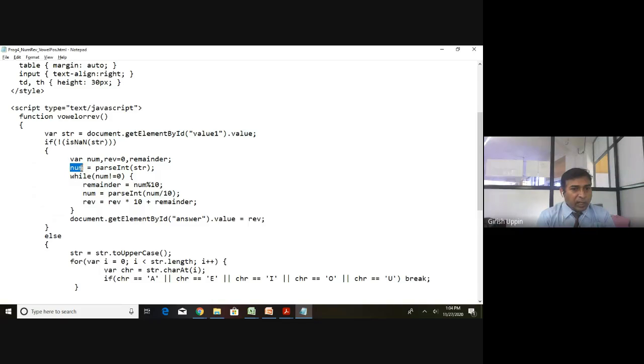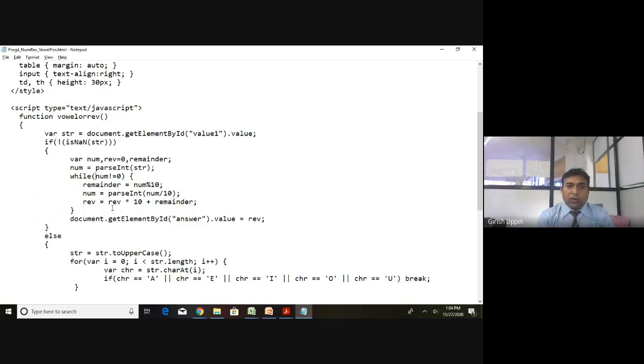Now inside num I have the number. While num is not equal to 0, remainder is equal to 456 percent 10. What is 456 percent 10? The answer is 6. Then num is equal to parseInt(num / 10). What is 456 divided by 10? 45.6. Since it is an integer, it will become 45.